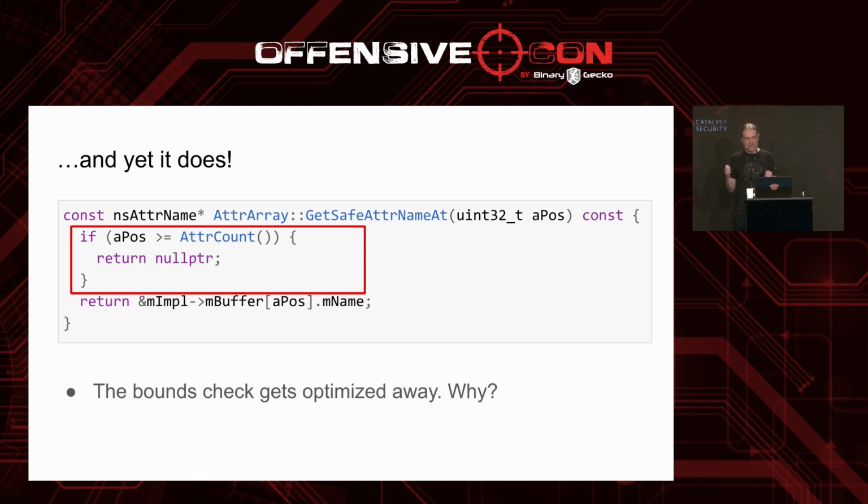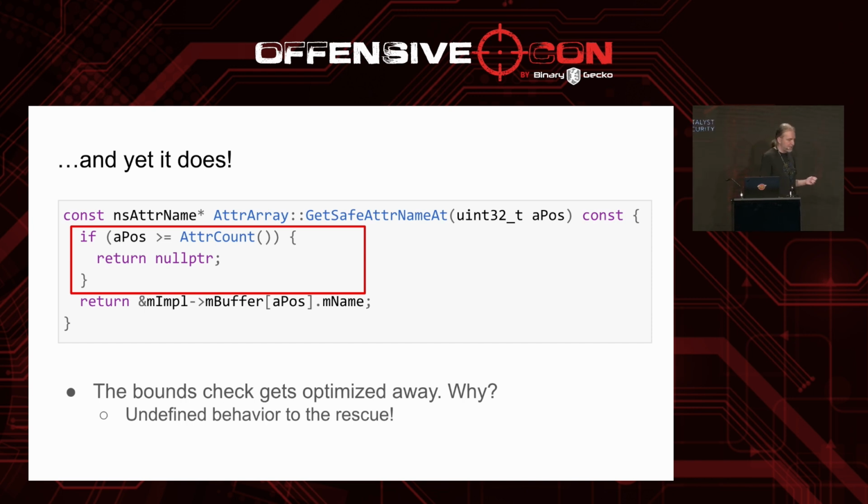And the compiler can prove that in the case of bounds check failure, that always results in a null pointer dereference. And the undefined behavior basically gives the compiler the license to do anything it wants. And of course, what the compiler chooses to do is the stupidest thing imaginable, which is just to remove the bounds check altogether. So there you have it, folks, another bug class that might not be that widely known, which